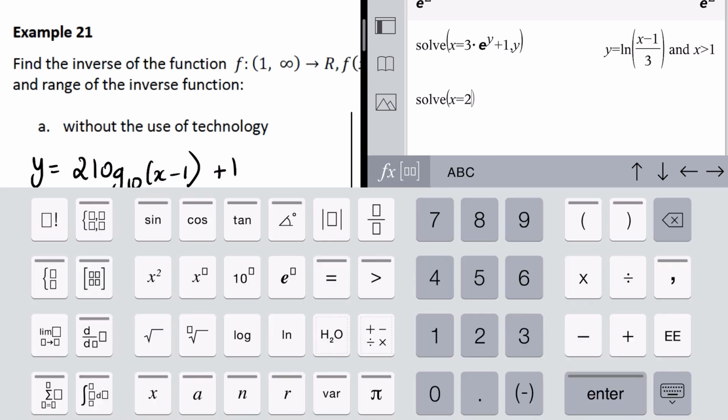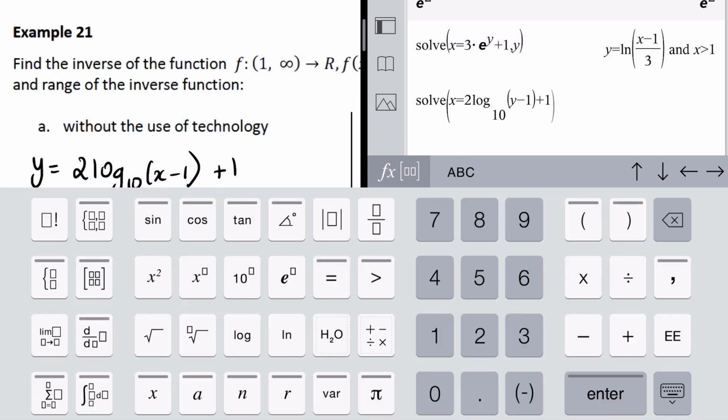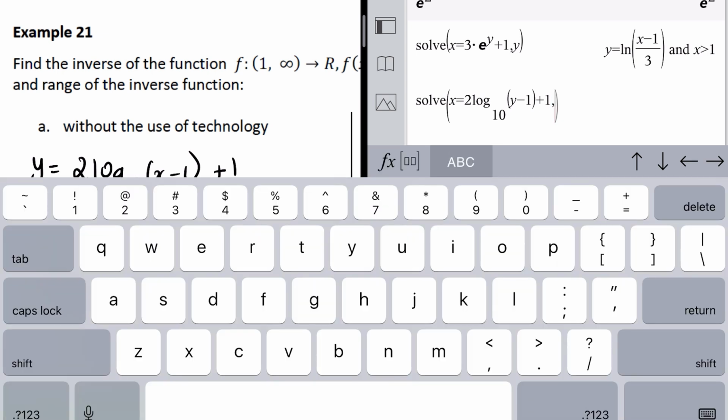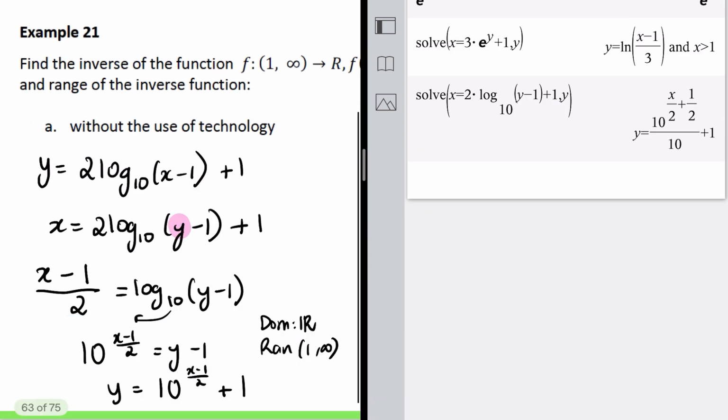Now, because this is not the natural log, you can't just type in ln. You actually need to use log and change the base. And that should be a y, because I'm swapping the x and the y. All right, just to double check that I got the right equation. All looks good, comma, y, and let's see what happens. There you go. It actually looks pretty good. So that's 10 to the power of x on 2 plus a half, and they've put it on, let's see,